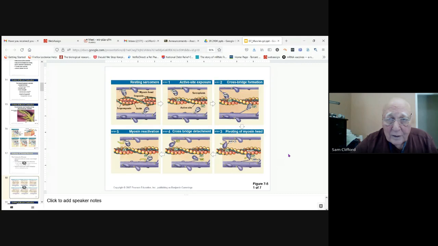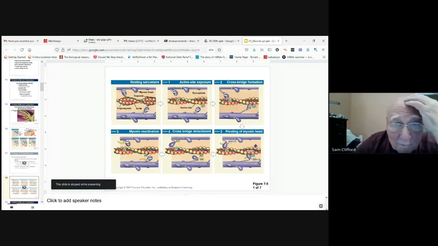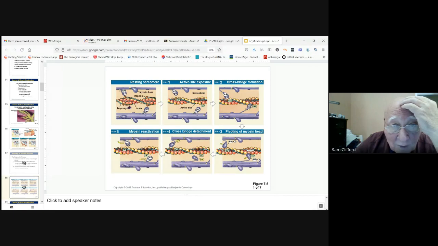So how's that work? The resting sarcomere has tropomyosin covering the active sites. The troponin is the location where calcium is going to bind to the troponin and cause a rotation of the